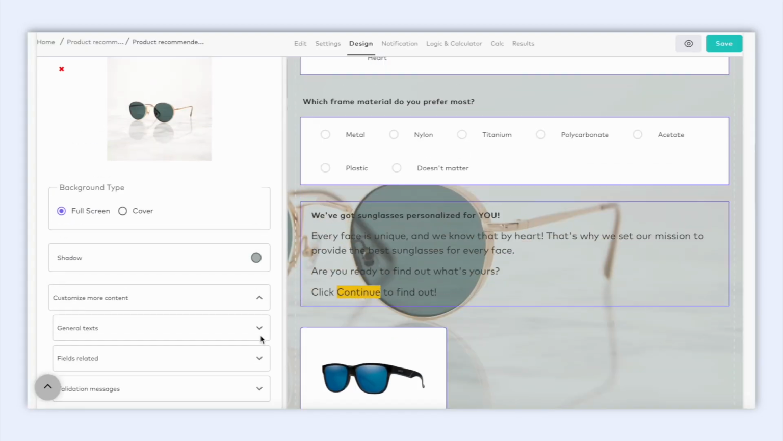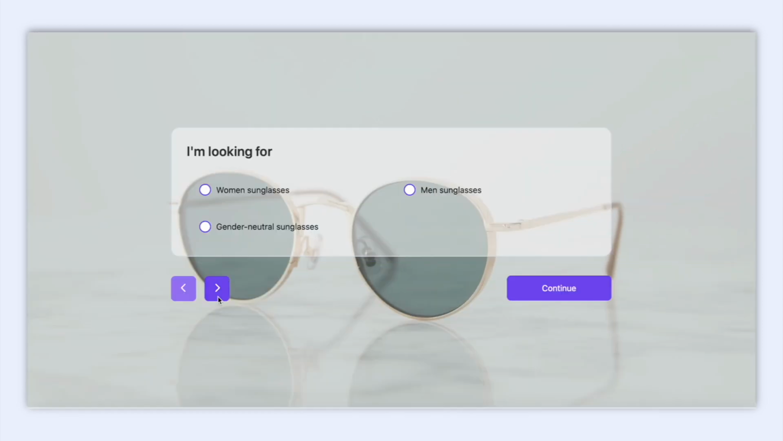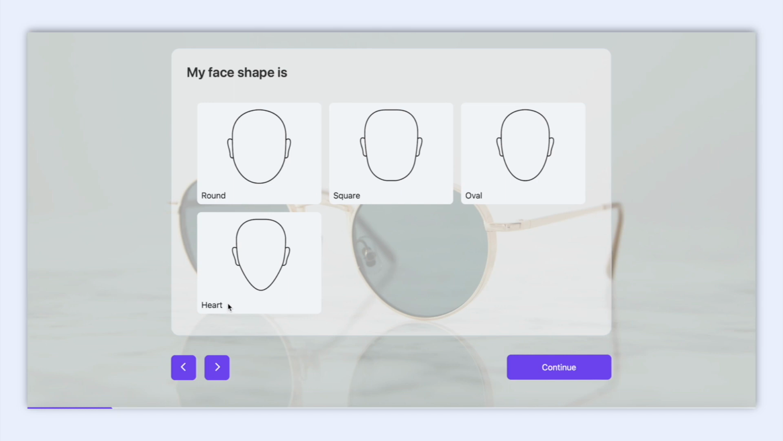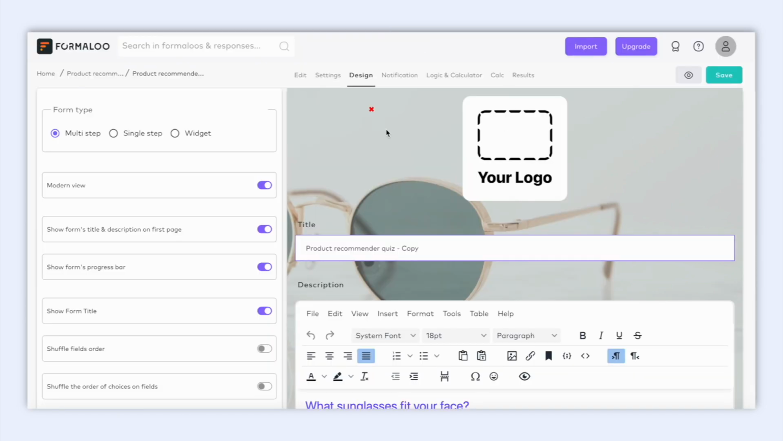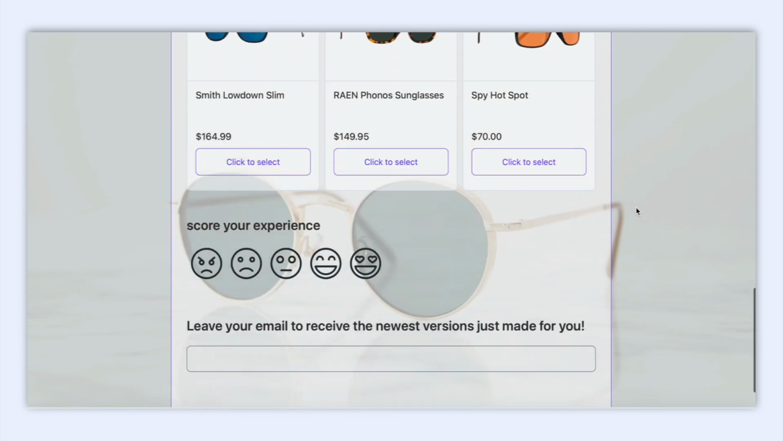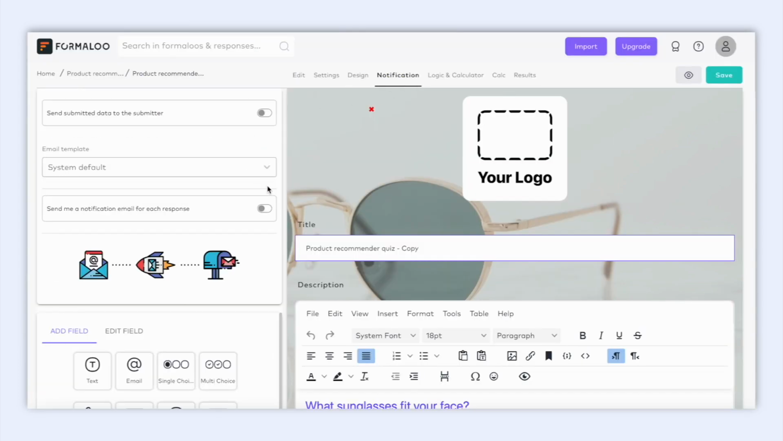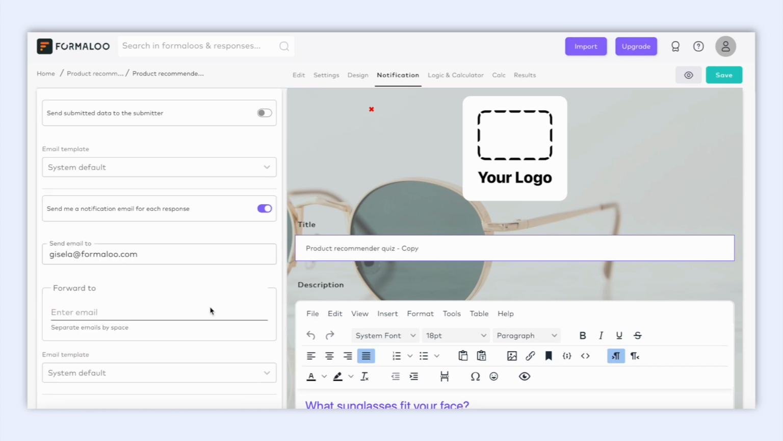Now let's scroll to the top, and here, as you can see, this is a multi-step form, which means all questions will be shown on multiple pages, and with the single-step form option, all the questions are shown on a single page. Now here in the Notifications tab, you can enable this option to get a notification every time someone